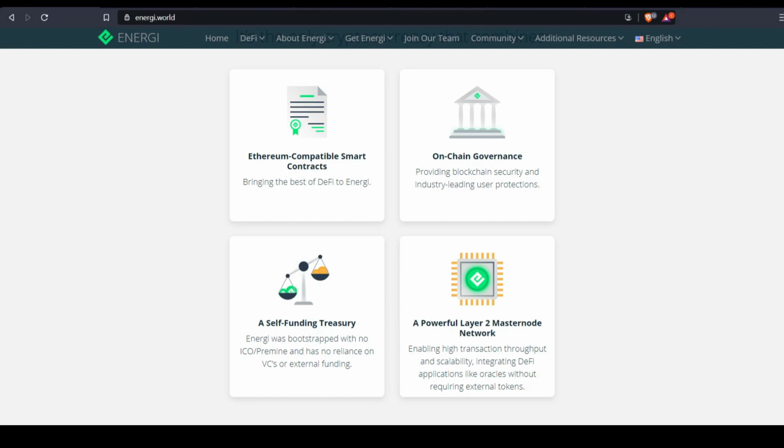The second pillar is the treasury, the self-funding treasury. Energi was bootstrapped with no ICO pre-mine and has no reliance on VCs or external funding. That's extremely important, and it's been the backbone of what Energi is doing. It's one of the 2 things that really separate Energi from other projects, and that is the self-funding treasury and